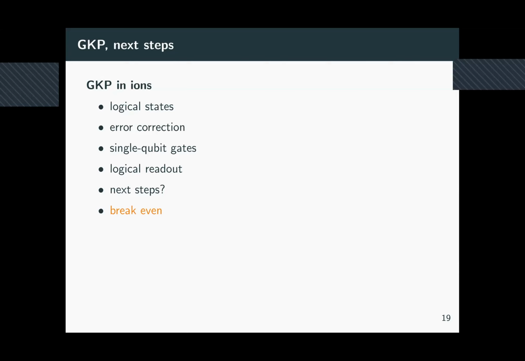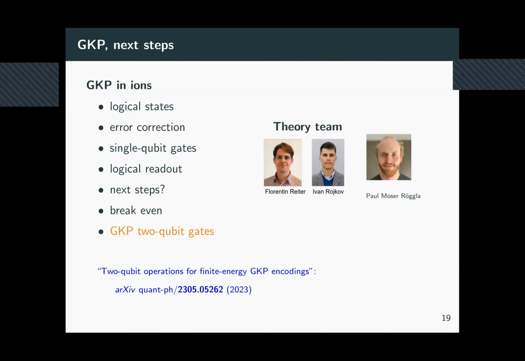But I think also from the conference, I've already learned some other potential ways that might help. And then another thing is to look into having the full set of universal gates, and one part of that which is missing is 2-qubit gates. So the second part of my talk, I'd like to discuss some more recent work